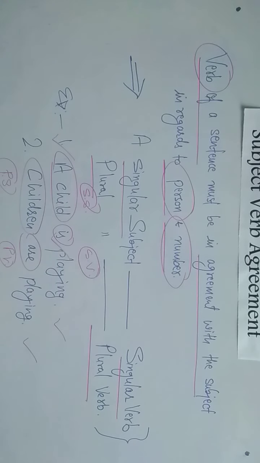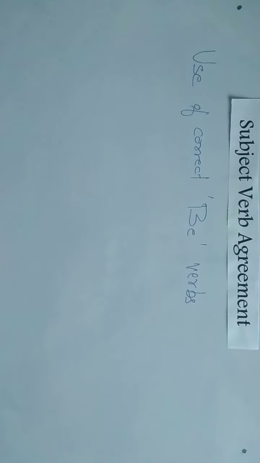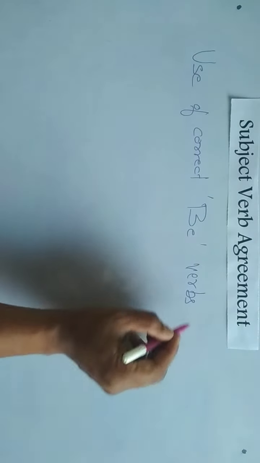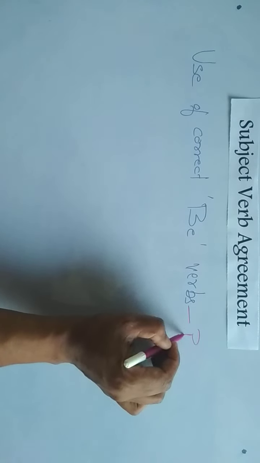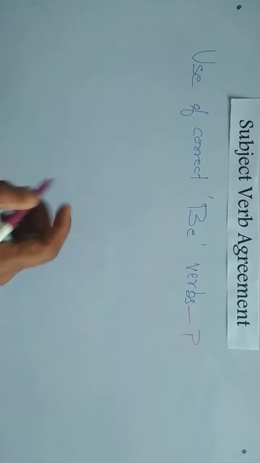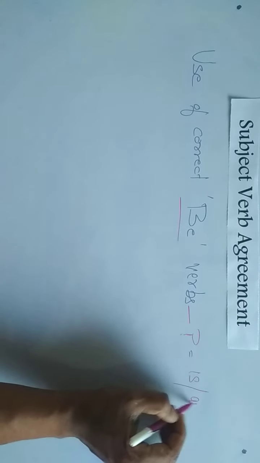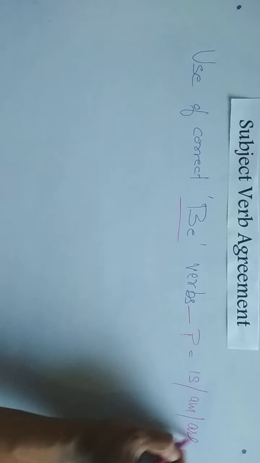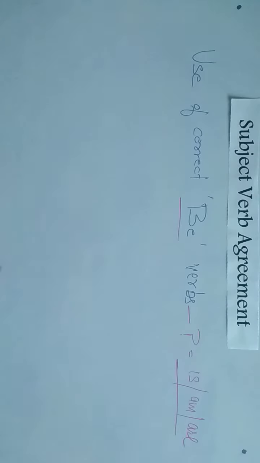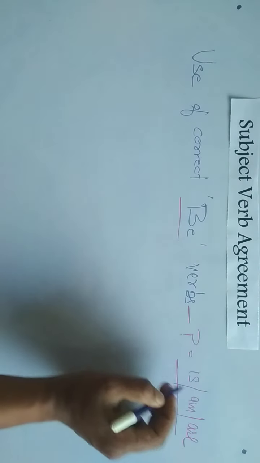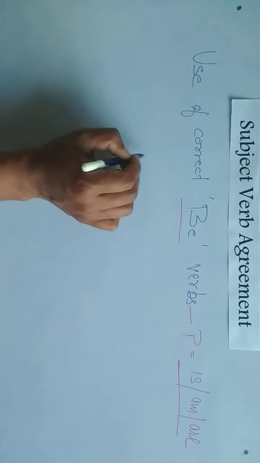So students, how to use these correct forms of be verb? Now we'll talk about it. Alright students, let's talk about how to use the correct form of be verbs. So the first question here is, what are the different forms of be verb? So different forms of be, here we do have is, am, are. So how to use is, am, are in a sentence? The use of is, am, are in a sentence depends upon the person